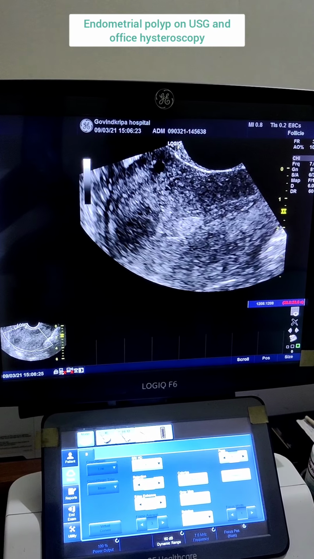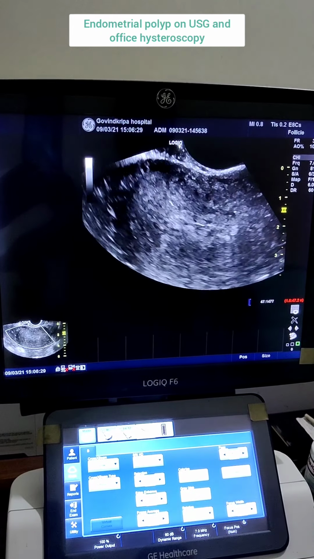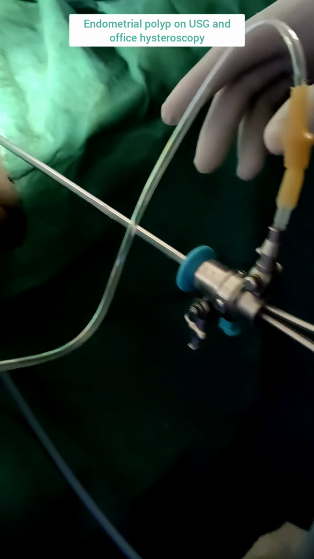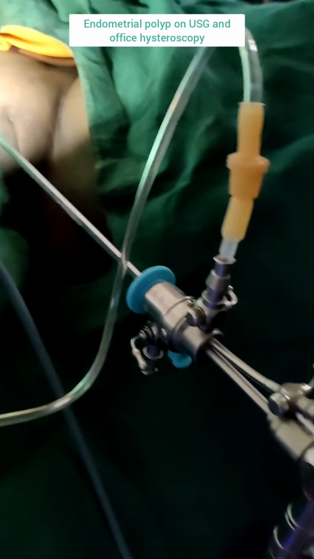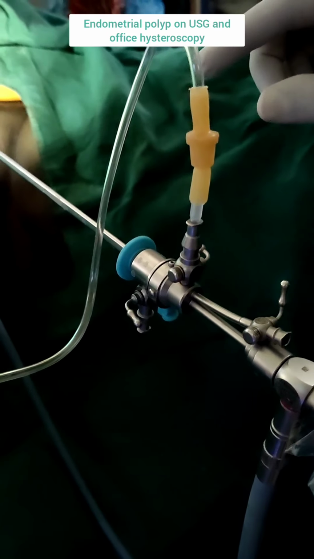Now we will be doing office hysteroscopy of this same patient, and we will be confirming this finding. So this is the procedure of office hysteroscopy of the same patient, and this is our hysteroscopy sheath. We are using a 2.9 mm telescope.